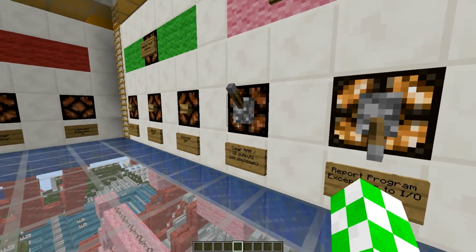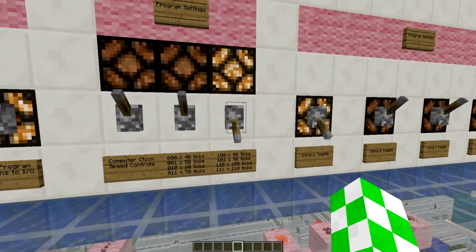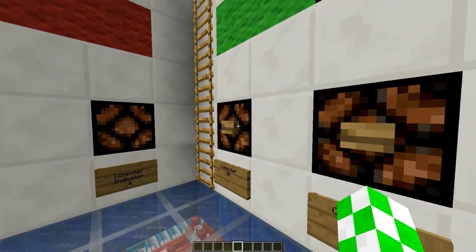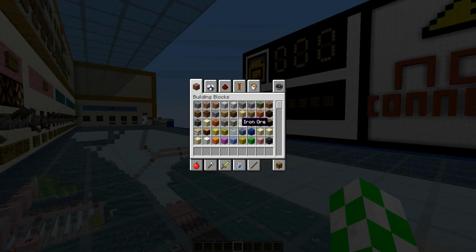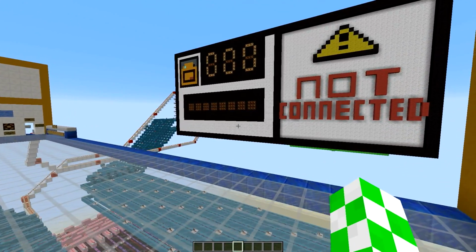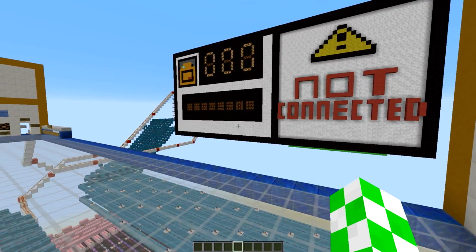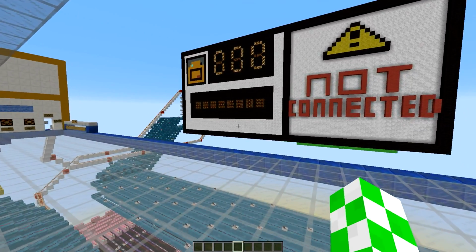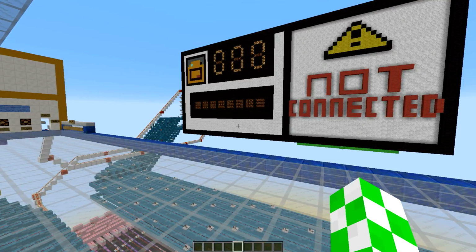So I'm going to leave that off and then run it at 50 ticks. We'll turn the computer on. And this is a Fibonacci program. As we saw in the uploader, as we compiled and uploaded it, this is a program that'll run the Fibonacci sequence, which is basically adding each number to the numbers before it. So you start off with 0, then plus 1, and 1 plus 1 is 2, 2 plus 1 is 3, 3 plus 2 is 5, 5 plus 3 is 8,